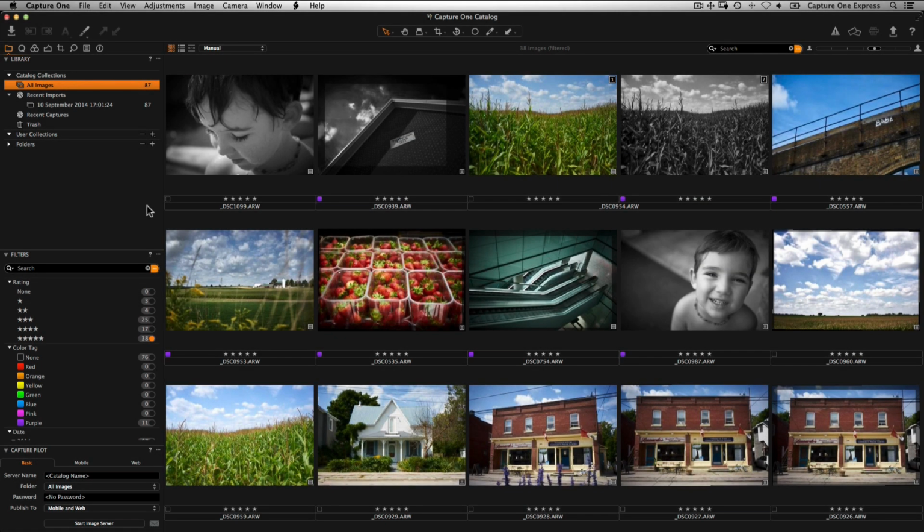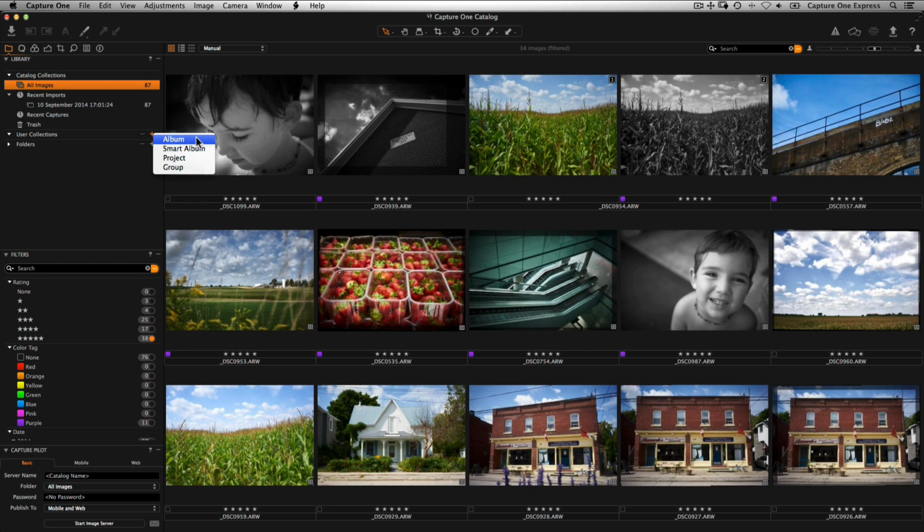The power of catalogs lies in the ability to infinitely organize your images how you want without creating copies or changing locations on disk. This is done in the User Collections area of the Library tool. Clicking on the plus icon to the right gives 4 options to create albums, smart albums, projects and groups. These are all organizational items that you can use to help organize your catalog of images.